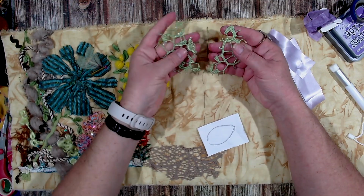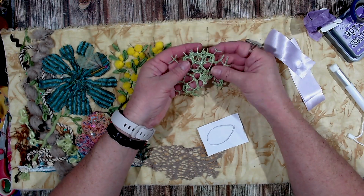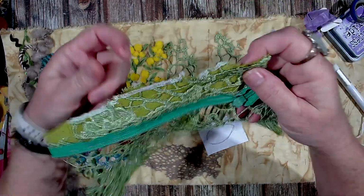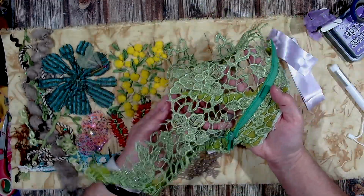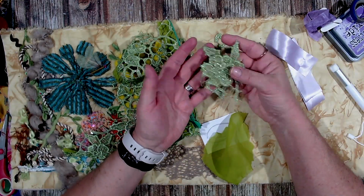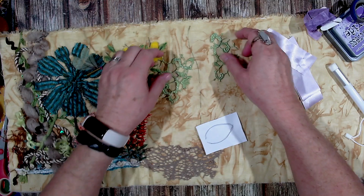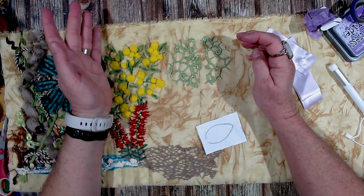Now I've got some little pieces of lace. This came off a top that I found at the OpShop, and this is what it looked like. It was on, so you can see I've cut it apart. There's the zipper, and I've just cut some of it off to use on here. So I cut around the flowers because I don't want to use the flowers on here, but I want to use this netting part. So I'm going to use that as a backdrop, very similar to the other one,